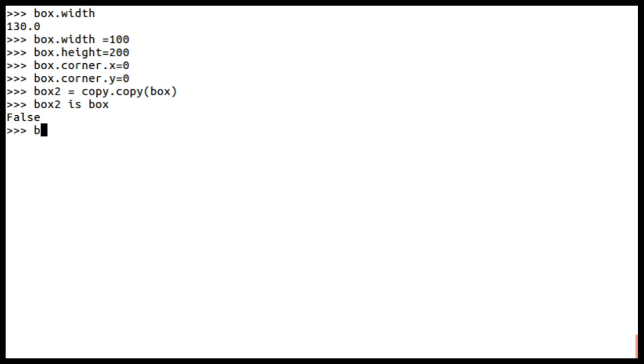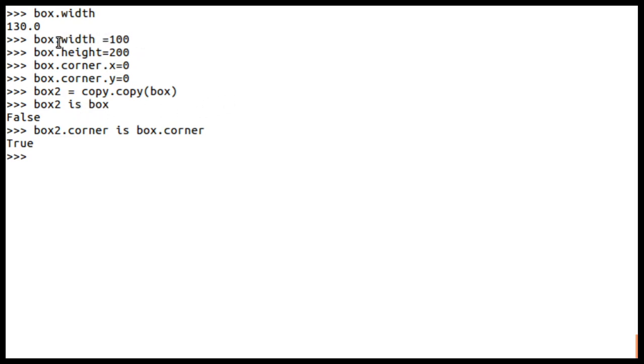And if I type box2 dot corner is box dot corner, true.